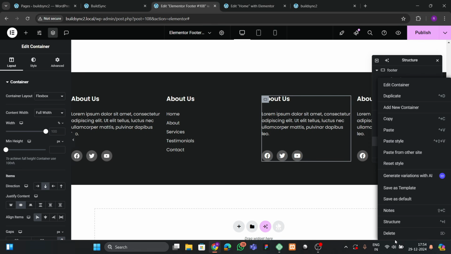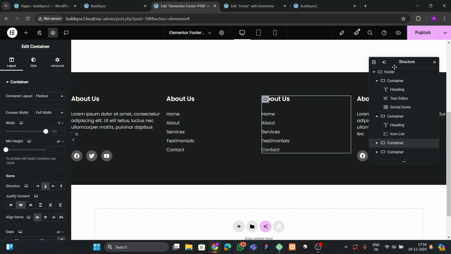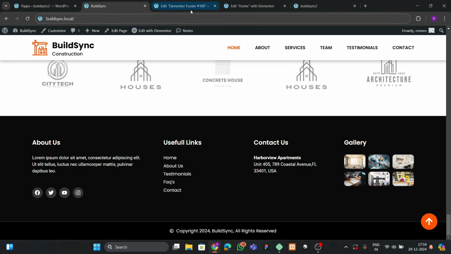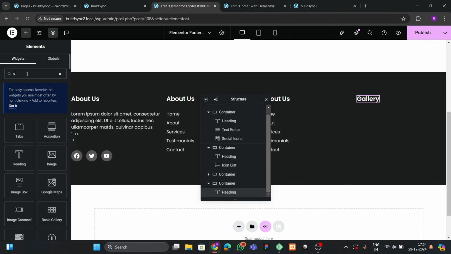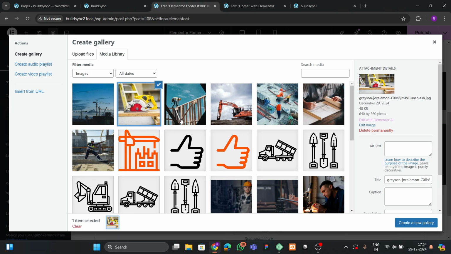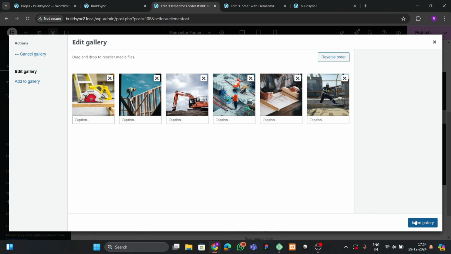Also now we can duplicate this and we can duplicate this here. Okay, we can remove this, we can also remove this. So here you can find the gallery, so we have to rename this to gallery, and here we can drag and drop this gallery from here. Here we can choose the selected 2, 3, 4, 5 and 6. We can choose the 6 image, insert gallery,